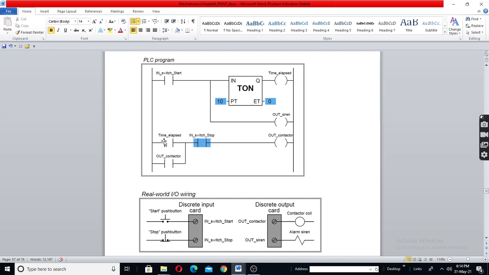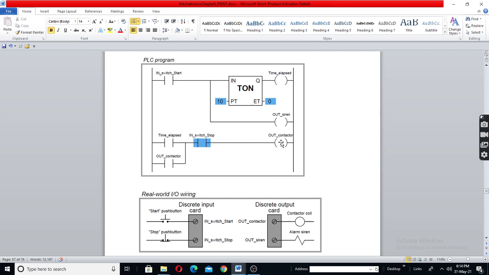Reading is always shown on the left. If that is 1, it will give the output high. So after 10 seconds this will be high, then it will switch on the contactor, and the motor will run.